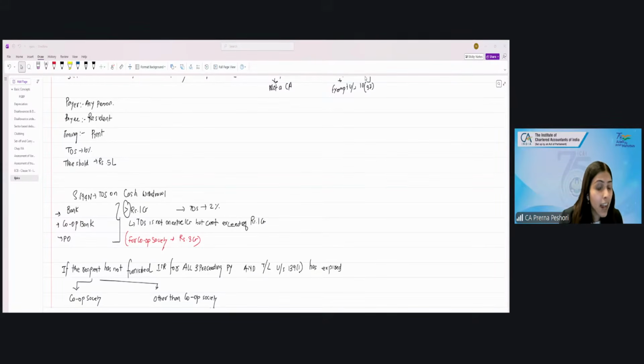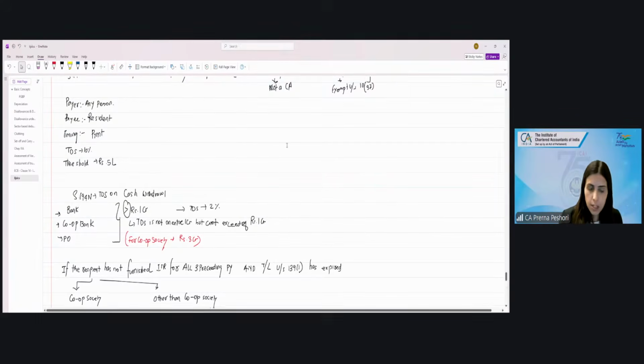It is not on the entire 1 crore, but on the sum exceeding the 1 crore. Yes, of the sum of withdrawal exceeding the 1 crore, there will be TDS of 2%. And the TDS will be at the time of payment. However, if the recipient is a cooperative society, the threshold limit is 3 crores